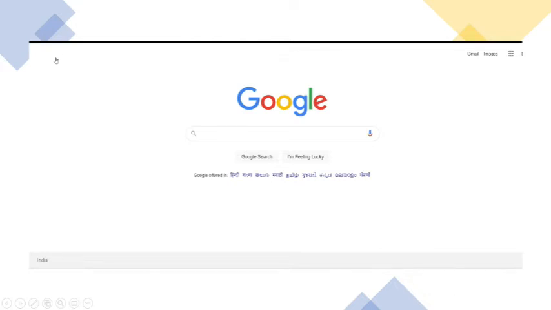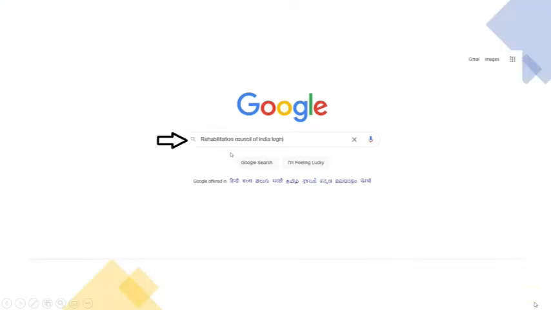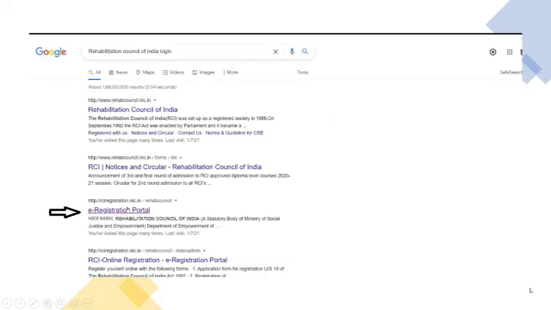Okay, so first let's open up Google, and once we have opened Google, let's type in Rehabilitation Council of India login. Once we have pressed enter, we are going to have a list of results. Out of it, please select the third one, the e-registration portal.